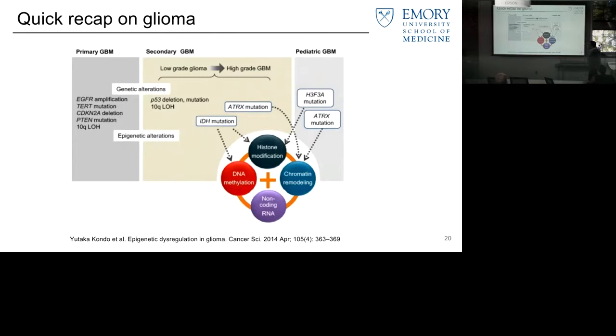So, in order to do that, let's quickly review some of the biology of glioma. Glioma is almost a synonym for brain tumor. It's a common brain tumor, and it's a brain tumor of the glial cells. Generally speaking, there are features that are known to be important to brain tumors and have been known for quite a while. So IDH mutations, and it's actually one of the big discoveries in cancer biology in general,